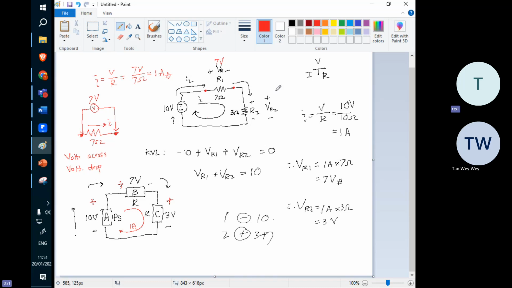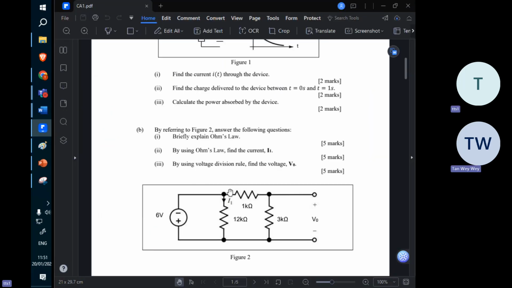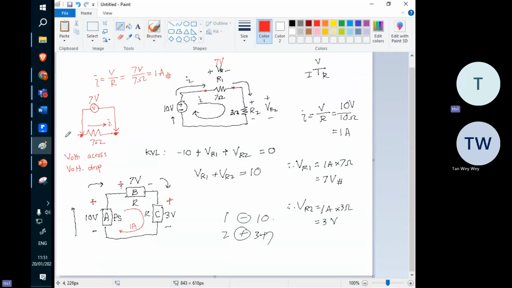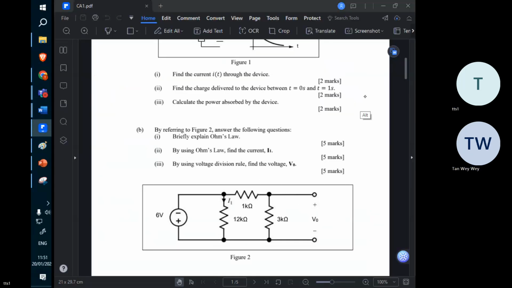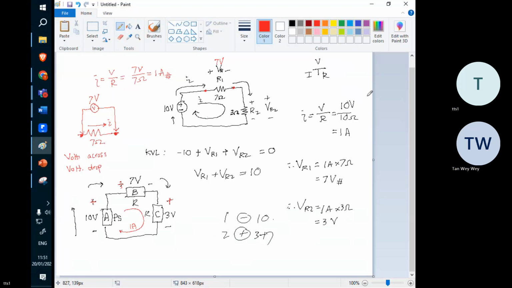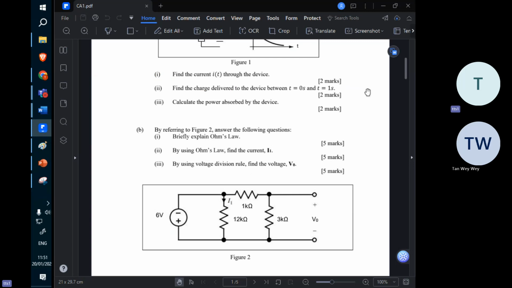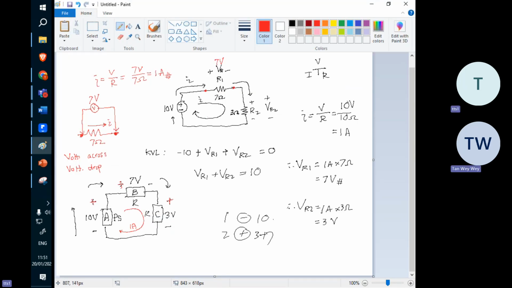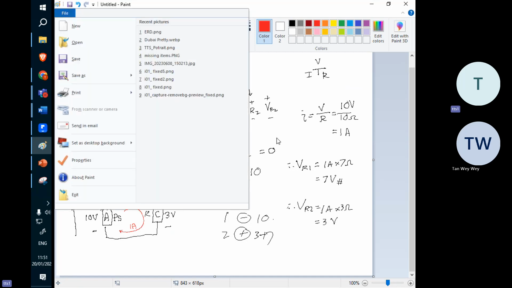Now you clear? You look at this again. Do you see anything? If you compare this circuit to this circuit, are they the same actually? I think they're the same actually. Only the numbers are changing. So you have to be flexible a bit. So what I mean is that